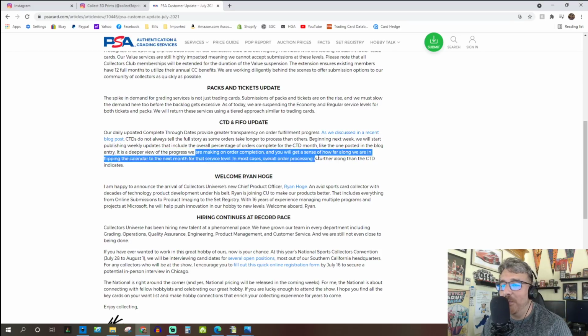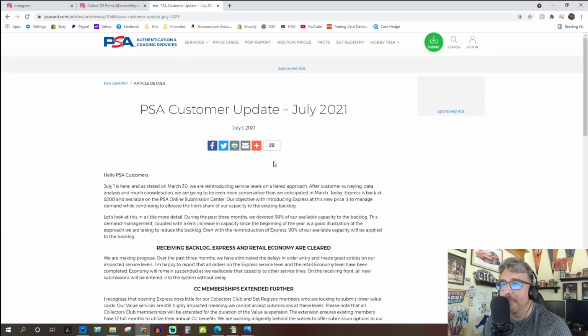"It's a deeper view of the progress made, and you'll get a sense of how far along we are in flipping the calendar to the next month for that service level. In most cases, overall order processing is further along than the CTD indicates." Okay, so